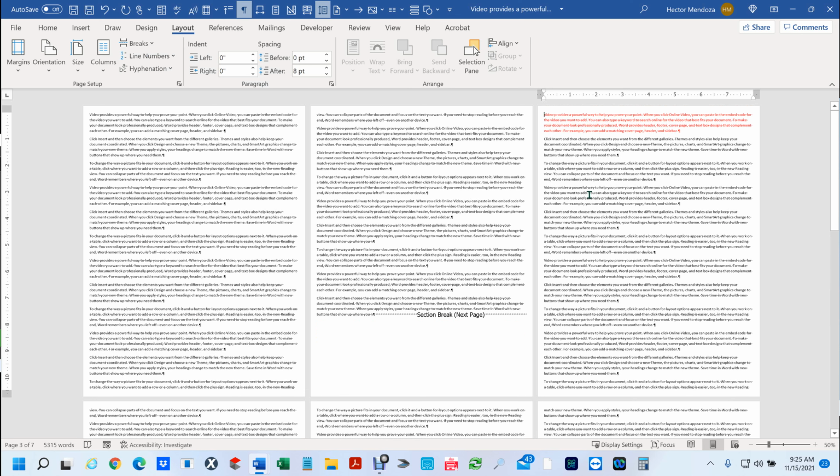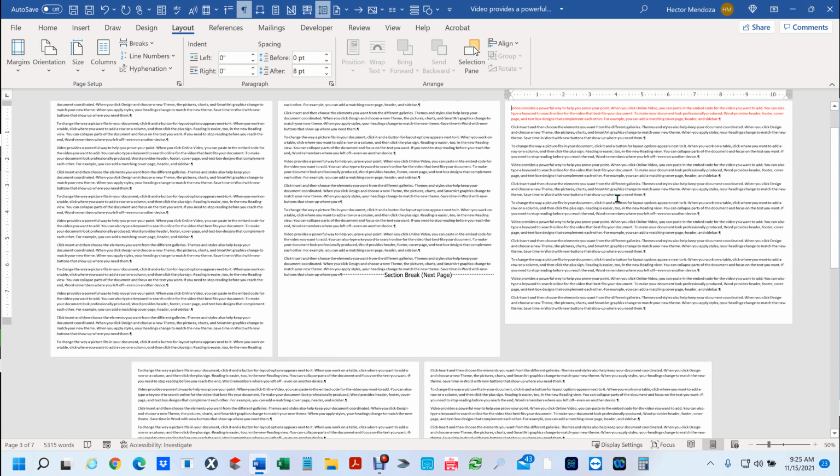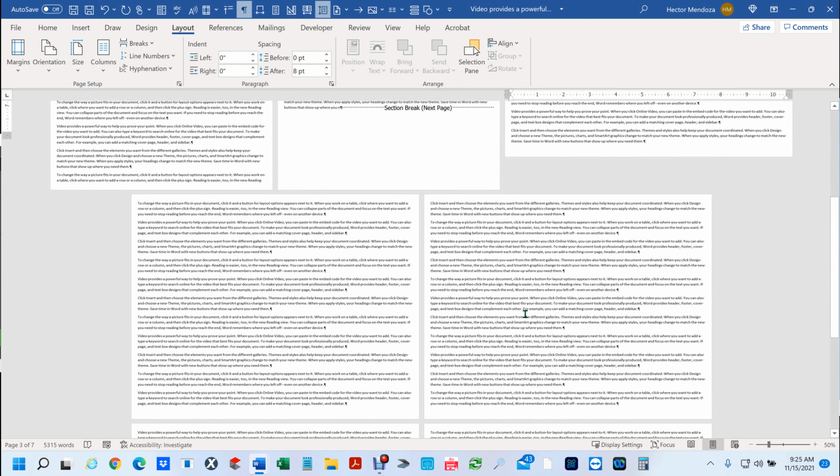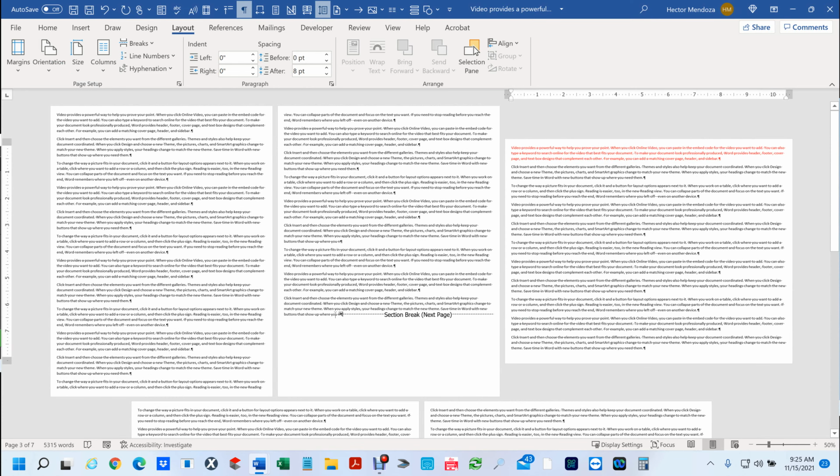Now, from here out, let's say that I didn't want an 8.5 by 11. I first decide, okay, you know what? I'm going to change from portrait to landscape. Look, anything past that mark is 11 by 8.5. Everything down here is 8.5 by